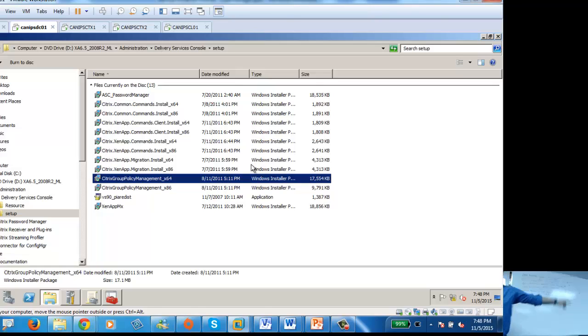Okay, I'm installing this. As soon as you install it, then open GPM and see if you can see Citrix. If you restart,